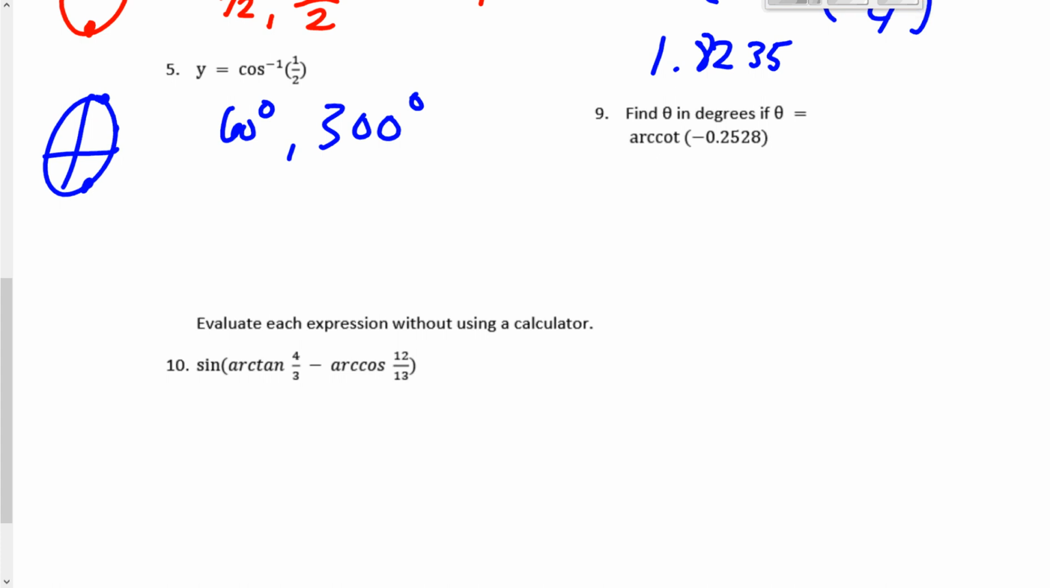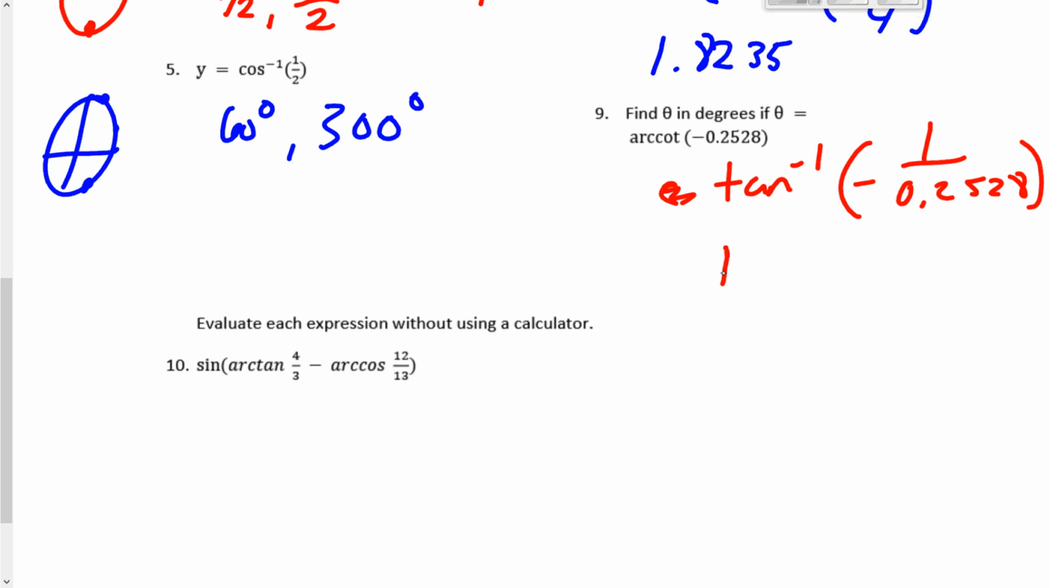Now going with cotangent, the reciprocal is tangent. Tan inverse, and then I'm going to flip my answer here. So it's 1/-0.2528. So I'm going to put that in my calculator. And so here I get a negative answer of -1.323. And, oh, they want this in degrees, so I need to make sure my calculator is set right. So I need to switch to degree. And so I get